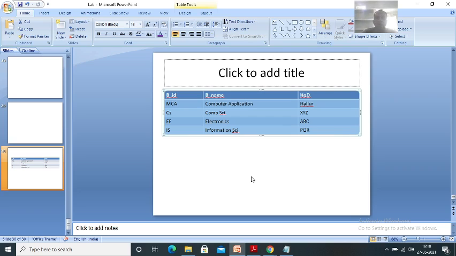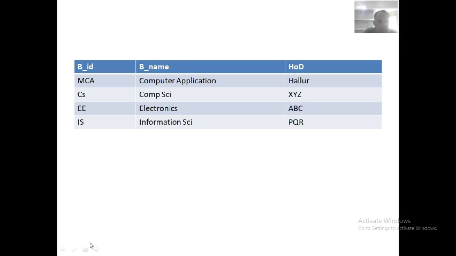Now see, this is called a table description. We are having it in the table name. We are creating these names, HOD, B name, BID, etc.